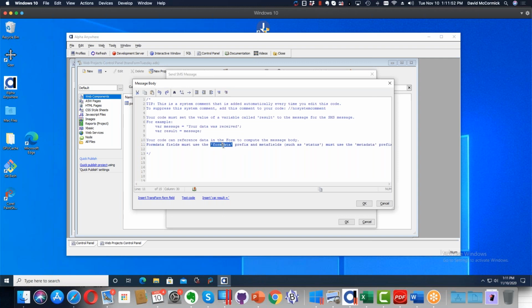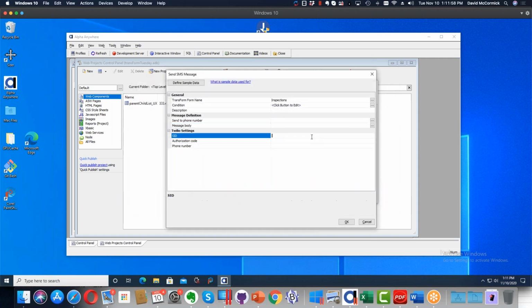And you do that here using the form data prefix. So we've shown you how to do that here in these notes as well. Then the last thing is your Twilio settings. We use Twilio to send the SMS messages. So if you have a Twilio account, this is where you fill in your service ID, authorization code, and phone number. If you don't have those things, though, you can tell Alpha that you want to use the one that's